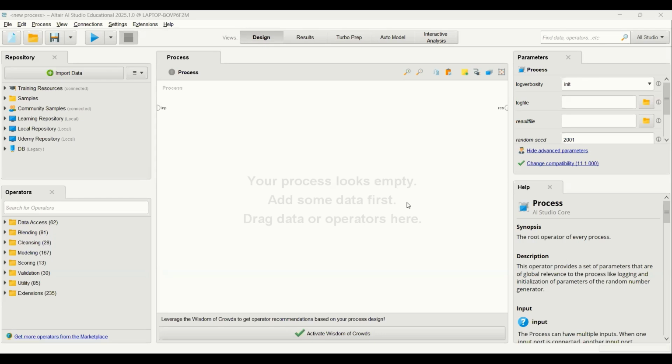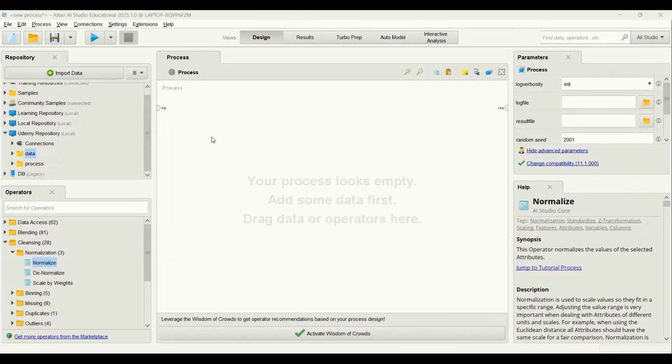I'm Peyman Hisari. In this tutorial, I'm going to talk about the elbow technique in k-means clustering and how to implement it in RapidMiner. The dataset that I use is called mall customer, which can be easily found on the internet, and I will put the link to the dataset in the description. This dataset contains basic information about mall customers, which can be used to segment them into different groups based on their purchasing behavior. Let's bring the dataset into the process panel first